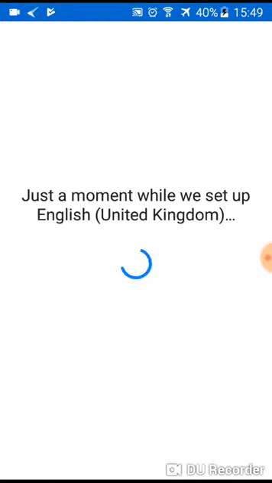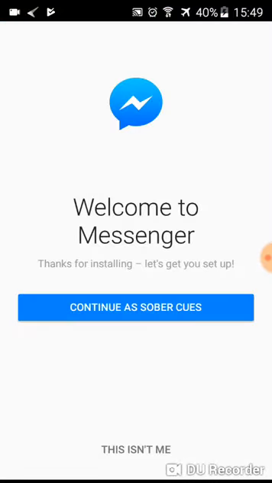It's gonna take some time to load because you can see that it's been logged out. All the information on Messenger has been logged out. Now doing so, you can also do this for other apps that have been logged in if there is no logout feature on that application as well. So if you want to start using Messenger again, you can continue as SilverQs, or if it's not